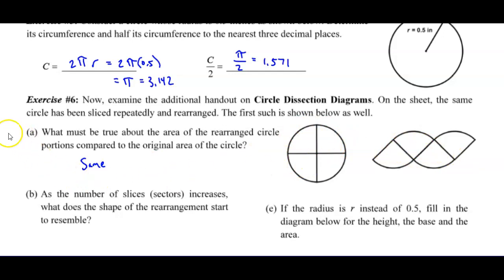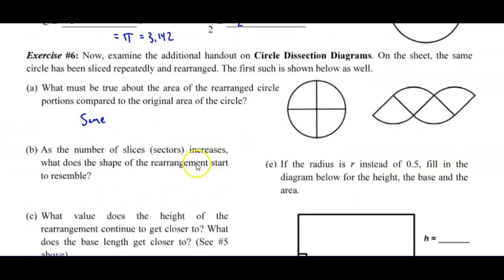changed the arrangement. All right, so as the number of slices or sectors increases, what does that shape start to resemble? Now hopefully as you look down that page on 21, you are seeing as the number of sectors increases in the circle, it should be looking to you more and more like a parallelogram. Because what happens is these rounded edges on the circle sectors become smaller and smaller to the point where when you line them up, it's almost imperceptible that they have a curve. If you look at that n equals 30 circle, you can barely tell that those sector arcs are even curved. So it's becoming more and more like a parallelogram all the time. All right, so the rearrangement is starting to form